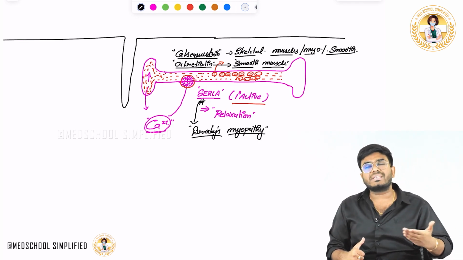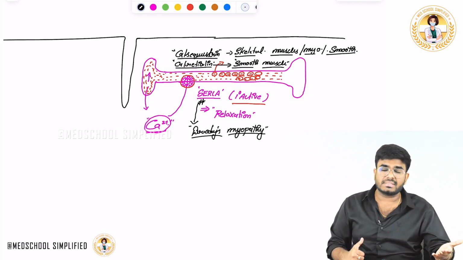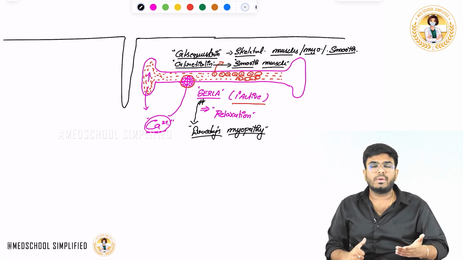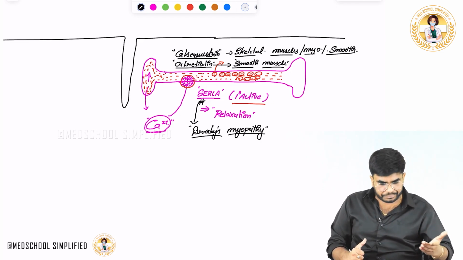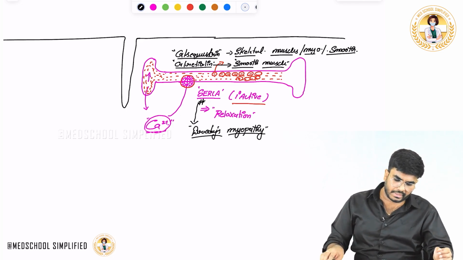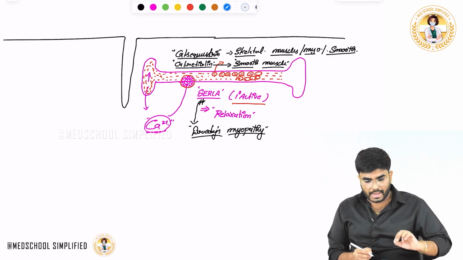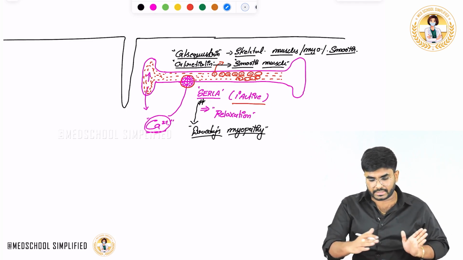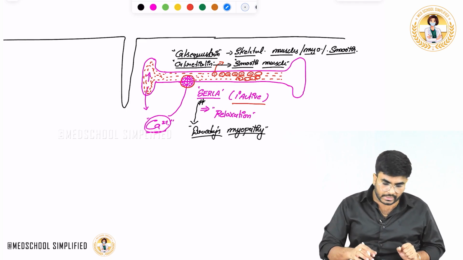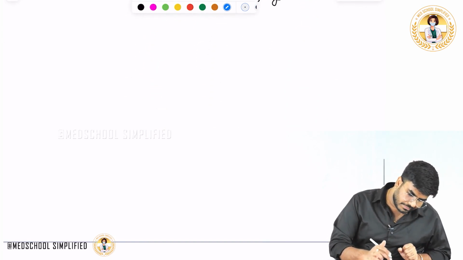Okay, different types of disorders: hyperkalemic periodic paralysis, hypokalemic periodic paralysis, Brody's myopathy. These things we have discussed. Now let me add one more important point here. This is skeletal muscle. Skeletal muscle, thing completed. In cardiac muscle,